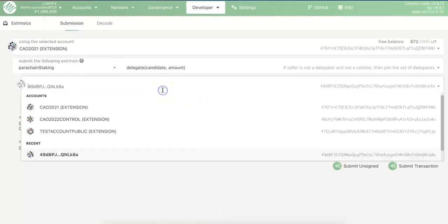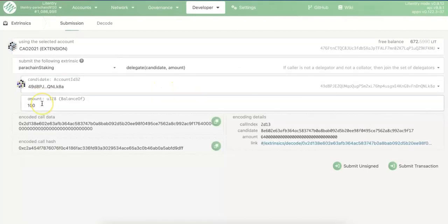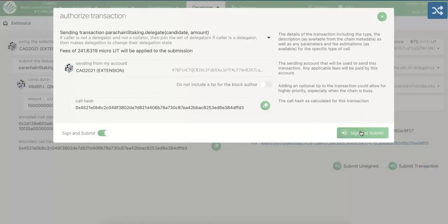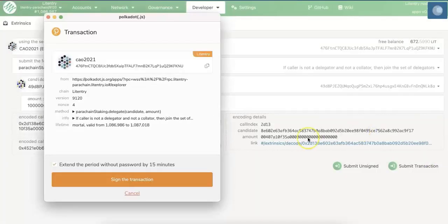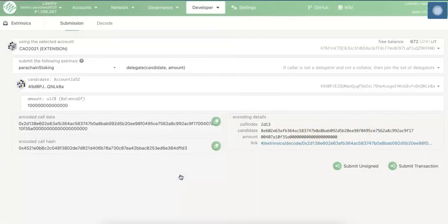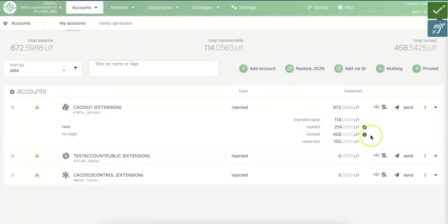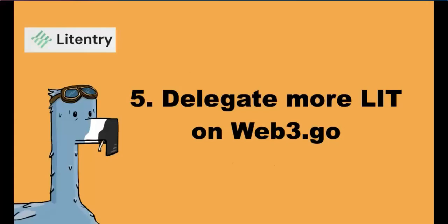Now you can see the collator has been showing up directly. So because we already added. Now I will stake 100 NEED. So 100 NEED, you need to put 100 and 12 zeros after 100. This is going to be 100 NEED token I will delegate to this candidate, to this collator. Now go to your account, you can see that you have 100 NEED reserved because those are all delegated to